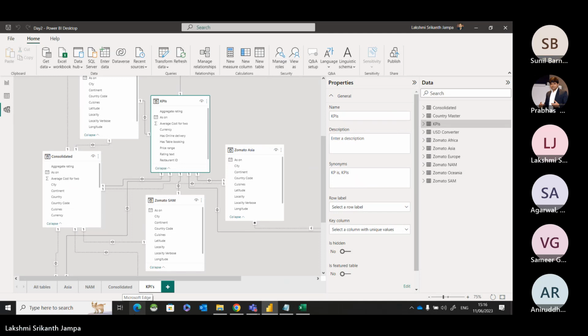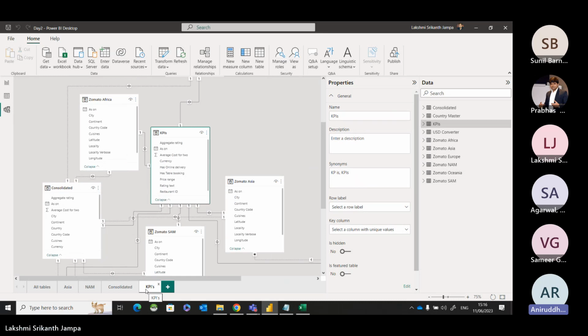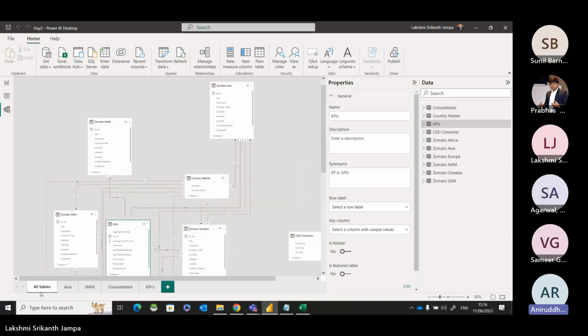What is the advantage of the model view at a high level? Means I can see individually what the tables are. See, I'll tell you different advantages. This is one of the advantages I'm talking about. The first advantage is when you have a complex model,